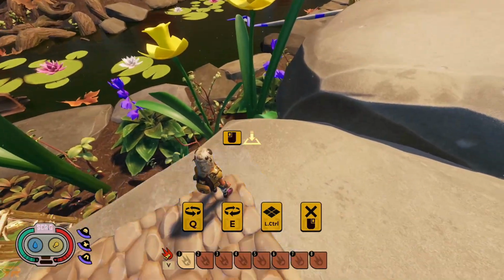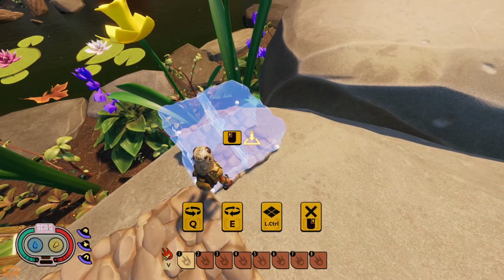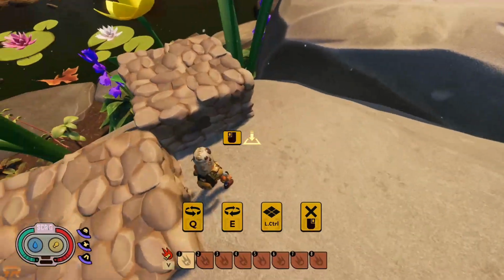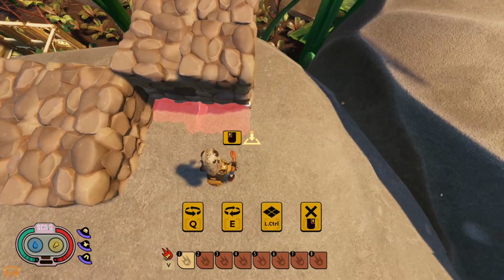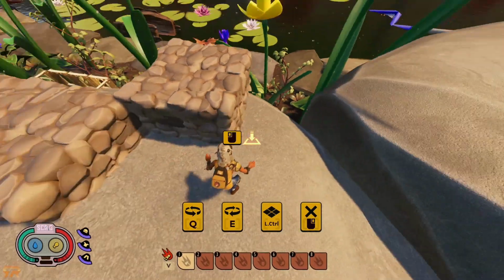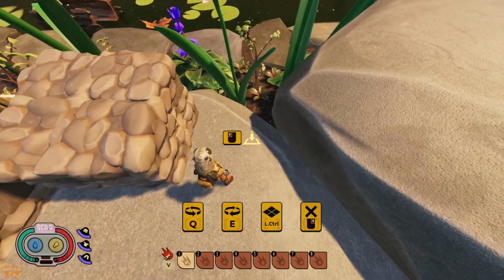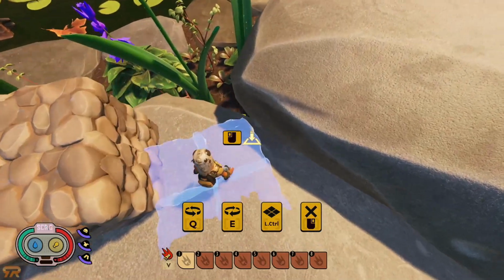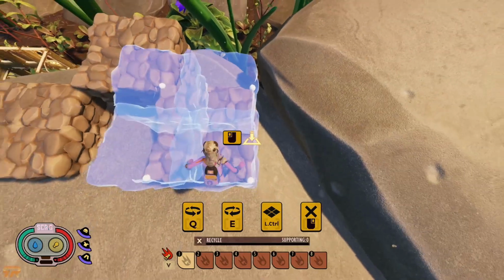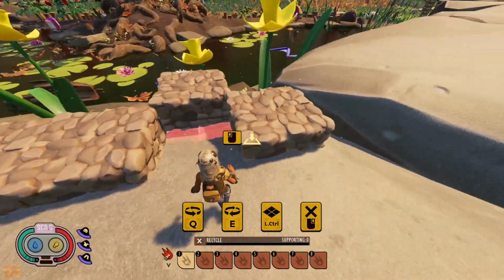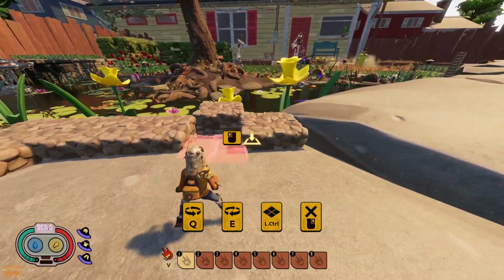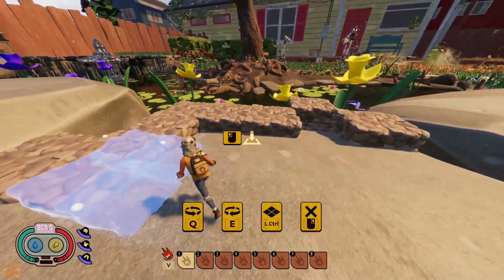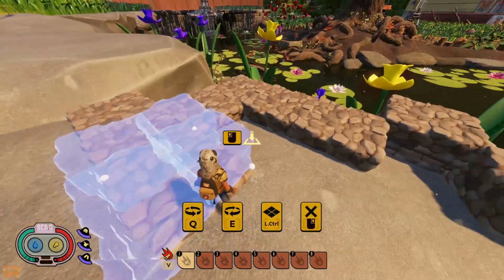So that all depends on where the blueprints will take. Sometimes they will take, sometimes they won't. So see, sometimes they just won't take like this. It's being a little bit iffy with me right now, so I may wind up with a weird pattern of grass and